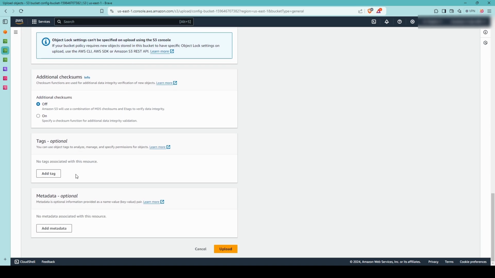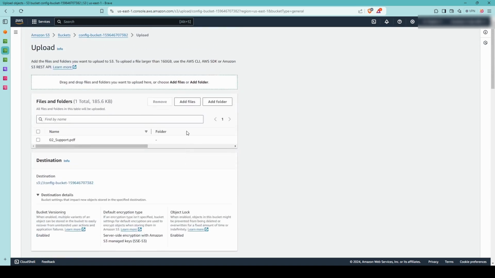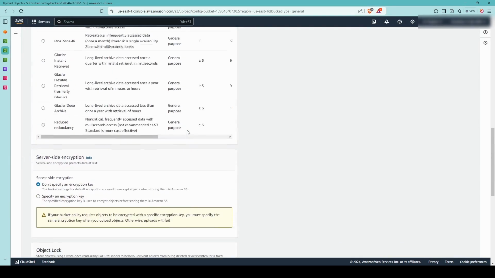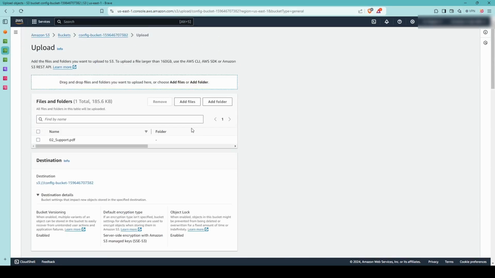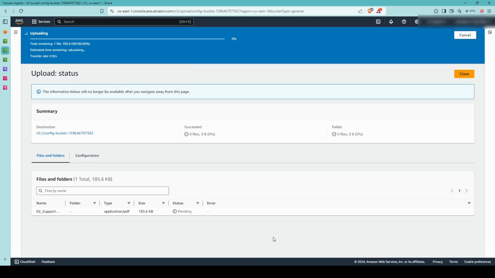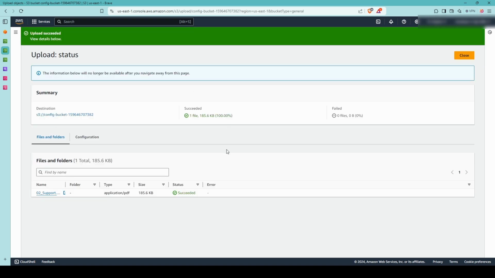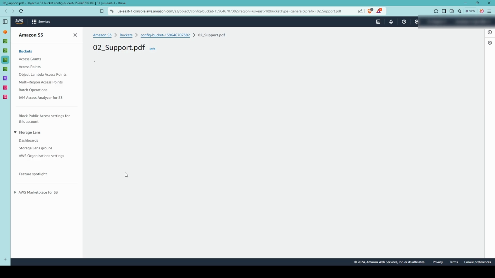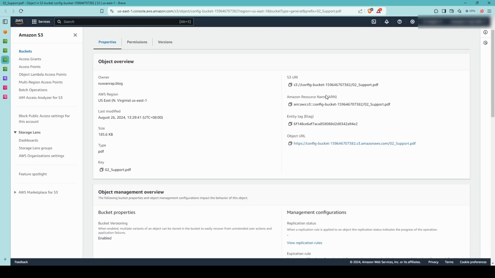So I'm not going to have any metadata configured at the moment. There's nothing in the put object request which I'm going to make through the console regarding any retention. But I'm going to click on upload. So the object is now uploaded. And if I click on the object and if I go down,